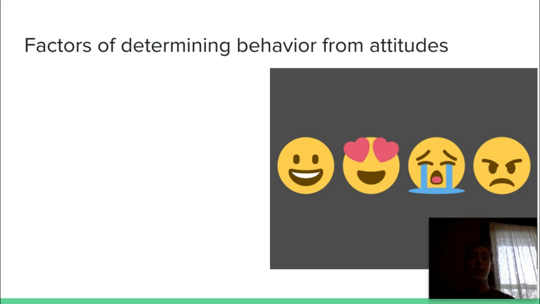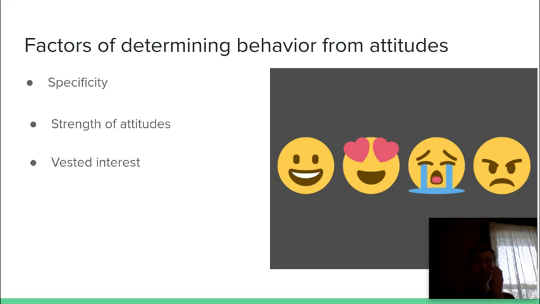Now, the factors determining behavior from attitudes go as follows. Specificity: specific attitudes better predict specific behaviors. So if you have a certain attitude towards something, you're probably going to have a certain behavior that coincides with it. Next is strength of attitudes: stronger attitudes are a stronger predictor of behavior than weaker attitudes. So if you feel super strong about being Republican or whatever, you're more likely to have a stronger behavior towards